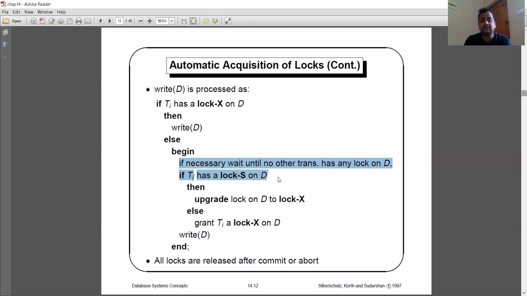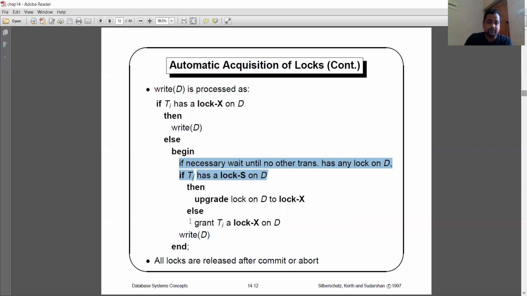So if transaction Ti has a lock S on data item D, then we can upgrade the lock to an X lock. We can upgrade, as we have previously discussed, a shared lock into an exclusive lock. Else, we can grant an exclusive lock on data item D to transaction Ti.